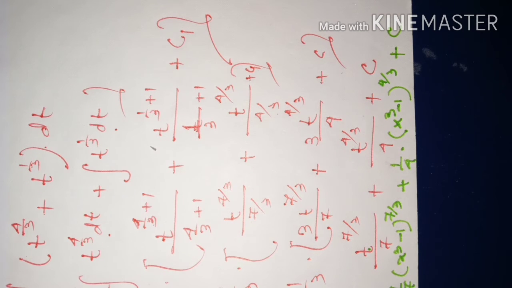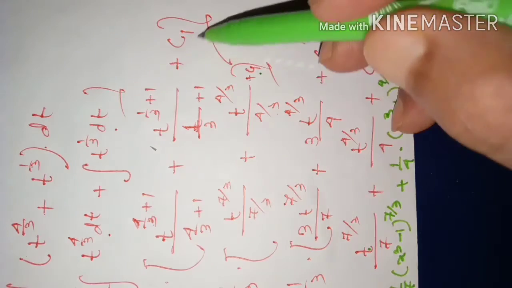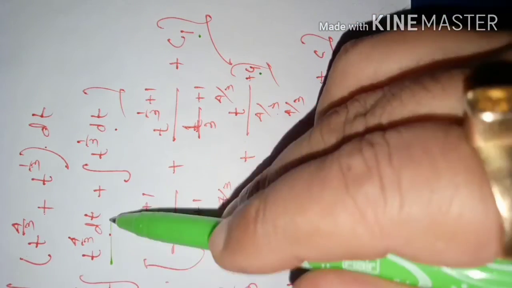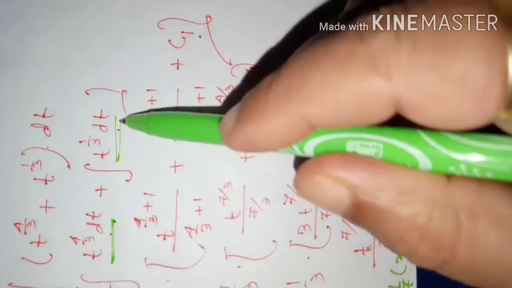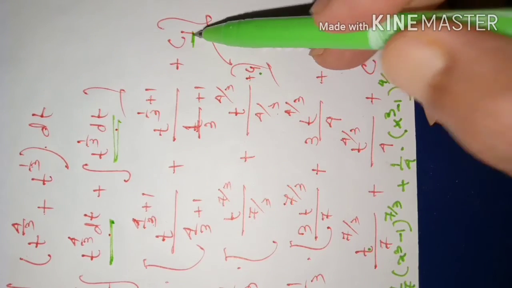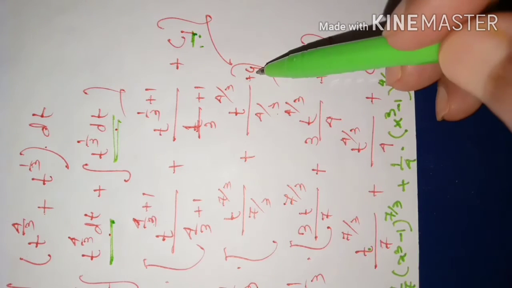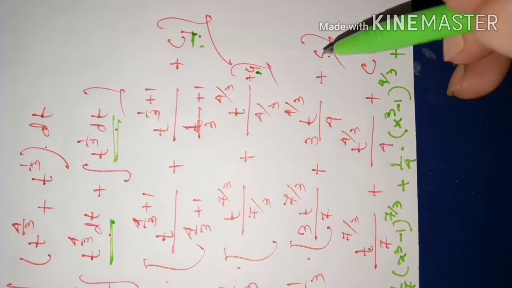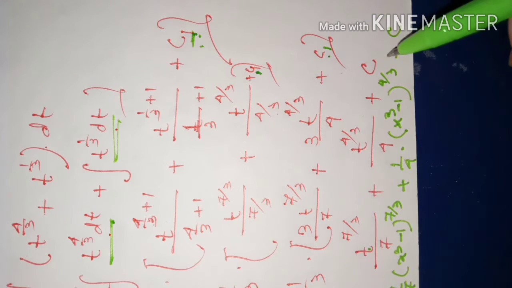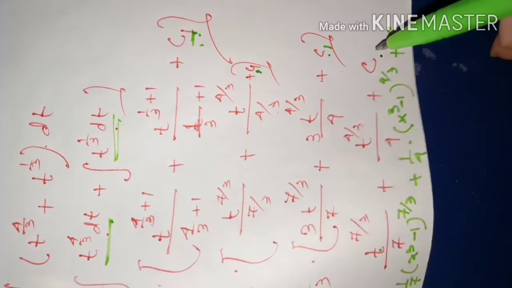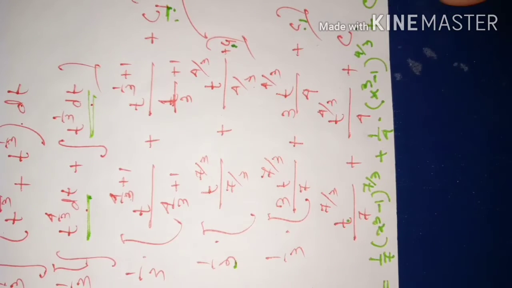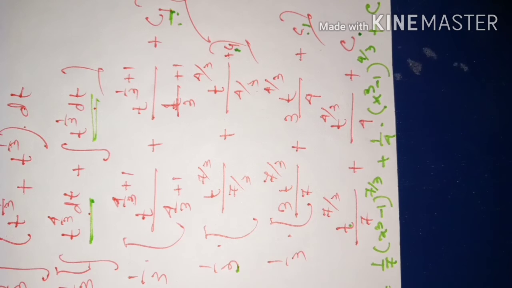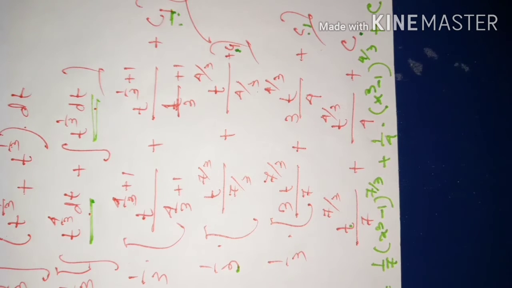Okay, dear students? So you can show the answer this way. But this C1, why I am saying C1, is actually the sum of the constant obtained from here and obtained from here. That is the sum of the two constants. When this 1 by 3 will be multiplied with this C1, that will be another constant. So 1 by 3 into C1 makes this constant C. So the final constant is C. Okay, no? So this should be our answer. Okay, dear students? Next, go to another question here.